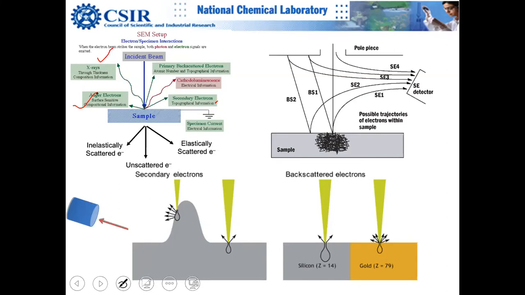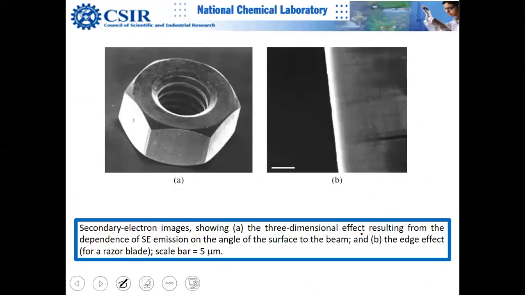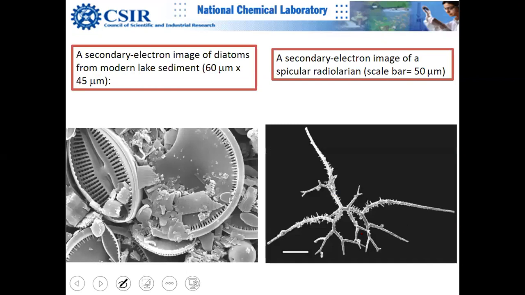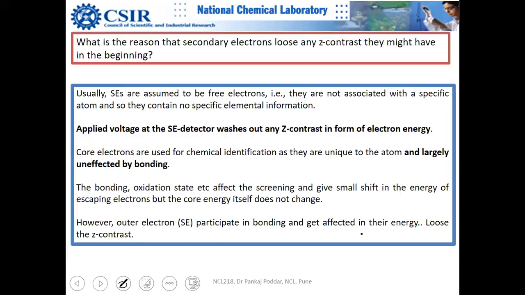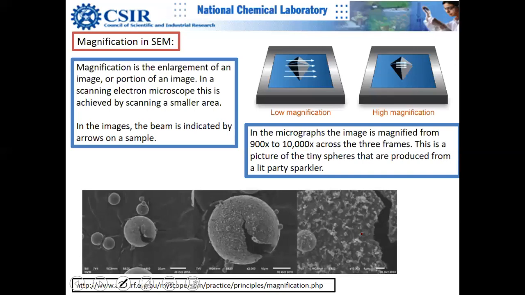But you are right that, for example, if you are trying to detect compositional information by backscattered electrons, backscattered electrons do not directly tell you that. For example, I will show you one image. Just a moment. This will be discussed in coming slides, where we'll go much deeper into backscatter. There are so many slides, so many examples.